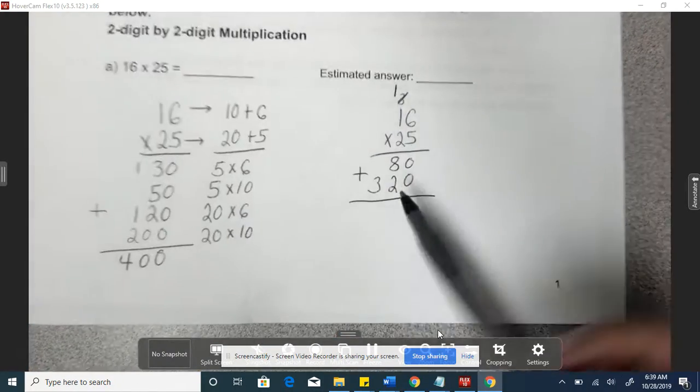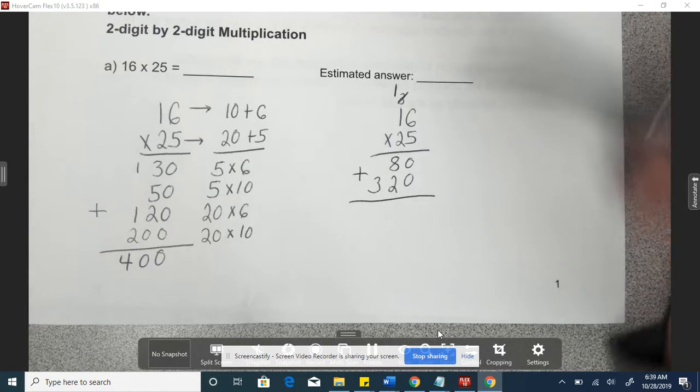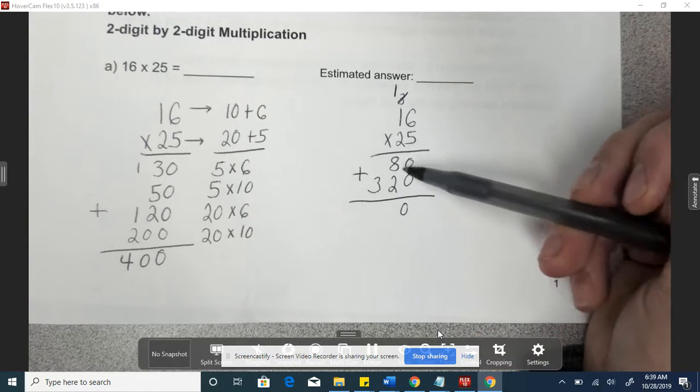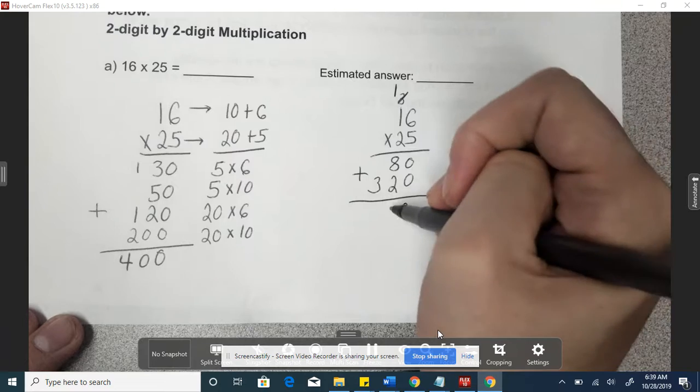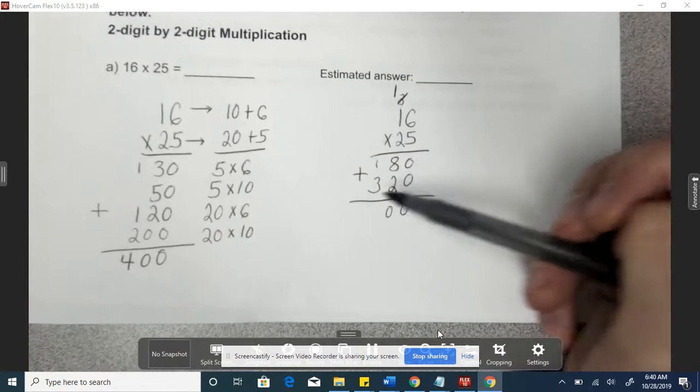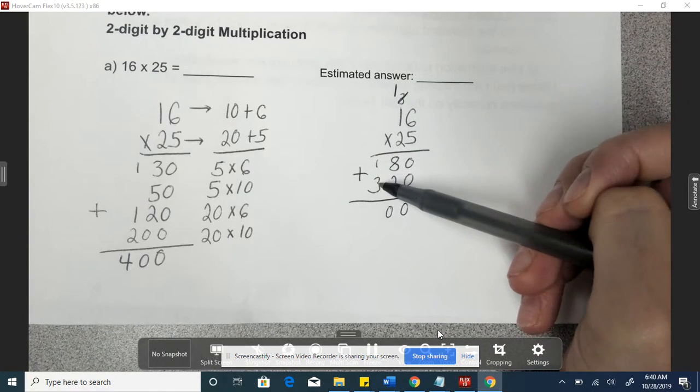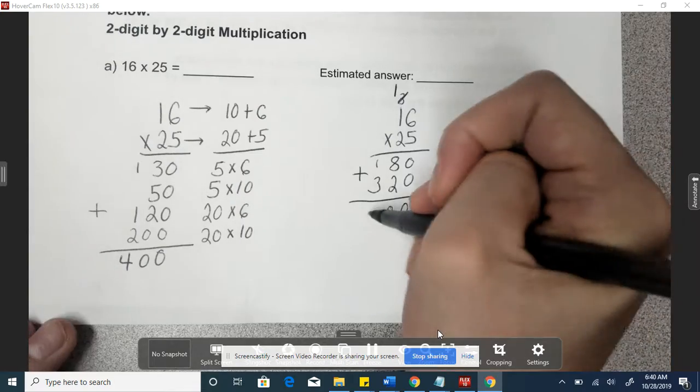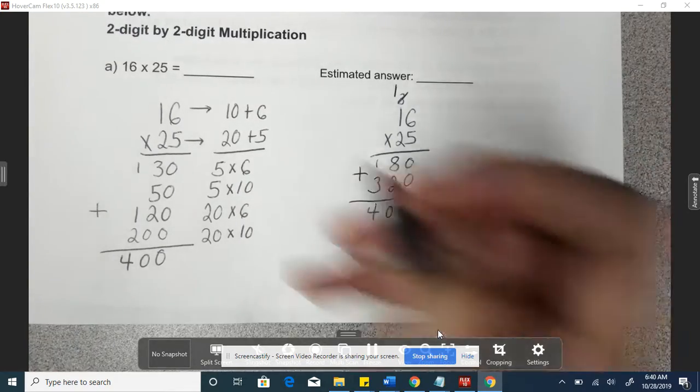Let's see if it's here. 0 is ones. 8 tens plus 2 tens is 10 tens, carry my 1. 3 hundreds plus the 100 I carried over is 4 hundreds. So my answer is